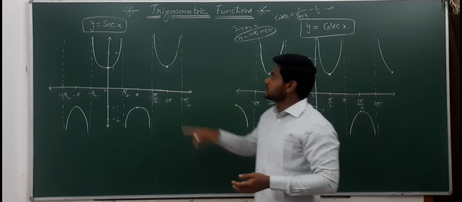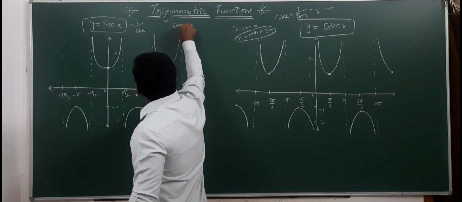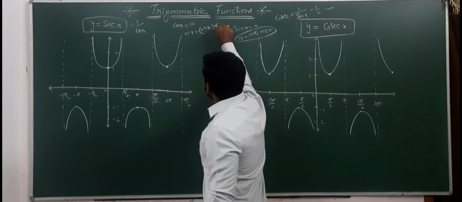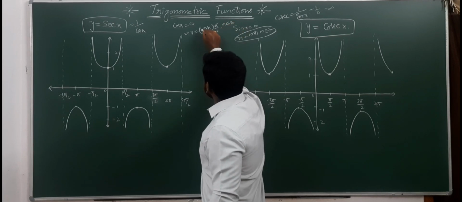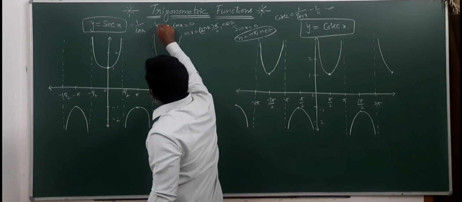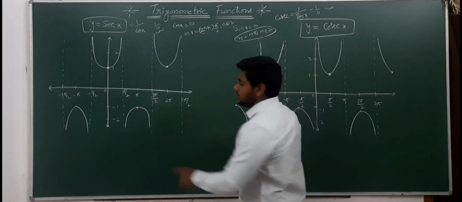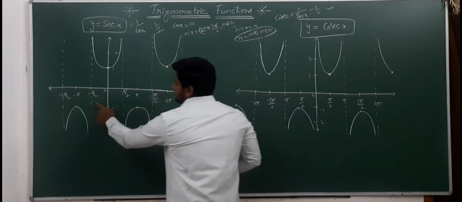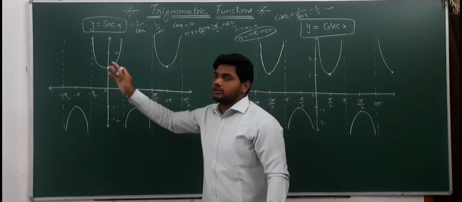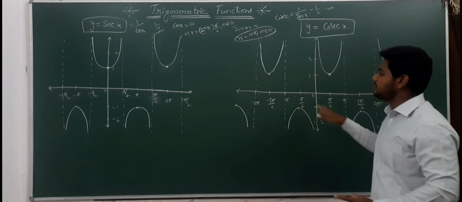Here also the same. Secant is nothing but 1 by cos x, and cos x equals 0 when x equals 2n plus 1 into pi by 2 where n belongs to Z. At these points, cos x will be equal to 0, so it will become undefined, since 1 by 0 is undefined. At which points? At 2n plus 1 into pi by 2, nothing but pi by 2, 3 pi by 2, 5 pi by 2, minus pi by 2, minus 3 pi by 2, and so on. At those points, we will draw dotted lines. Right? Now we will substitute the points and draw, so the graphs will be like this.